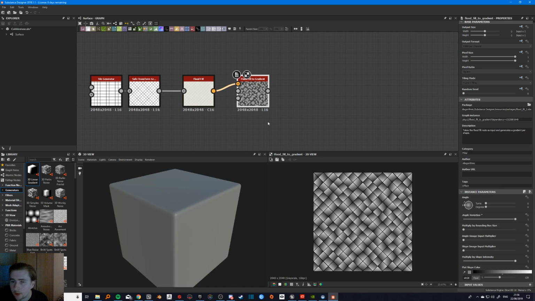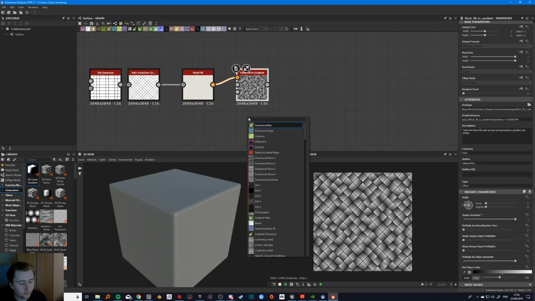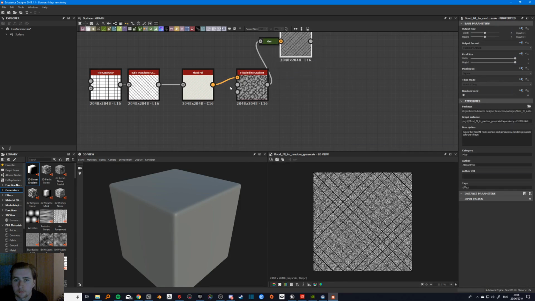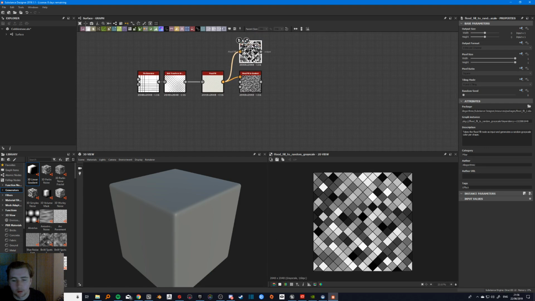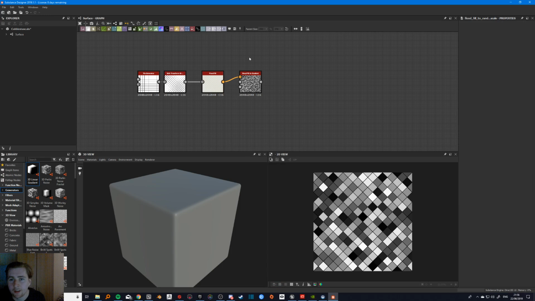I'm going to blend that flood to random grayscale. And well, I like combining them with more, so I'm going to flood it to a random colour,